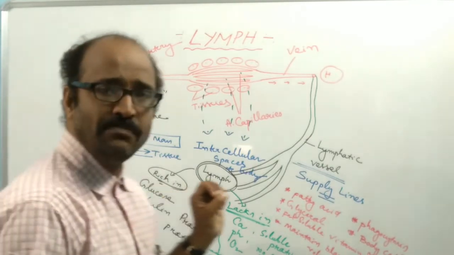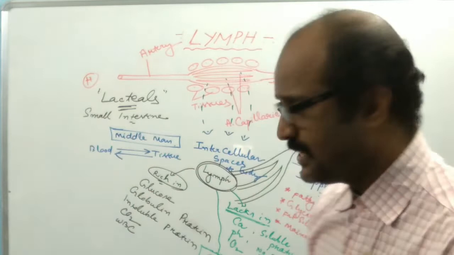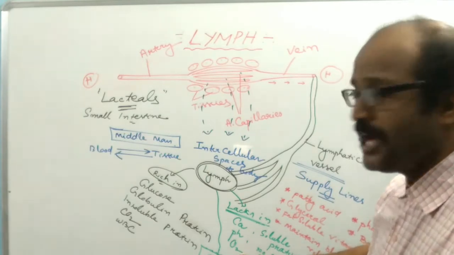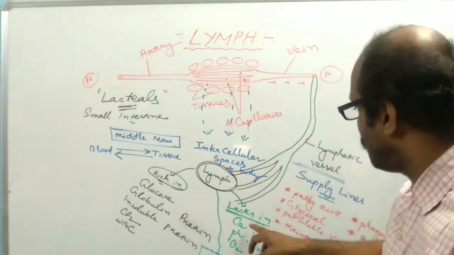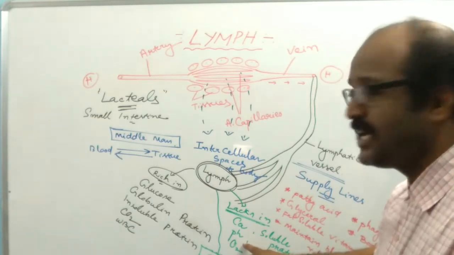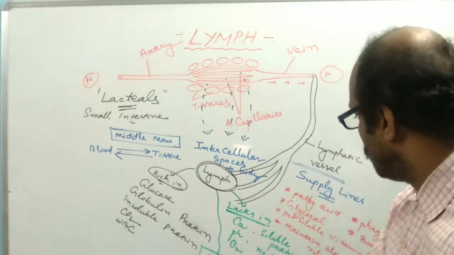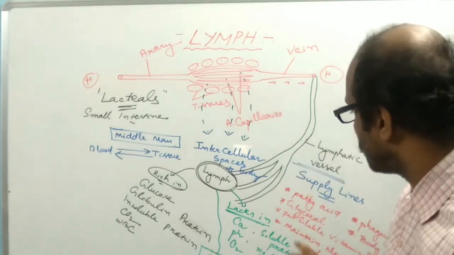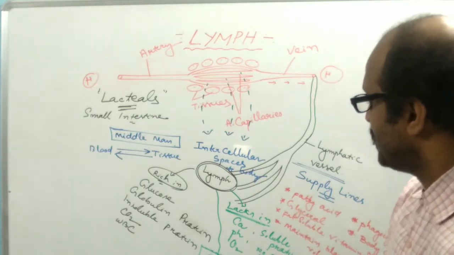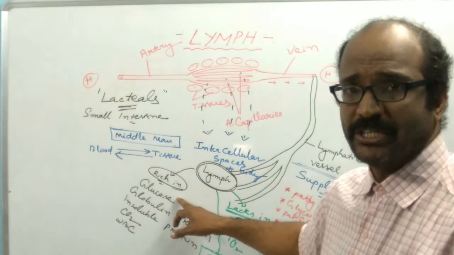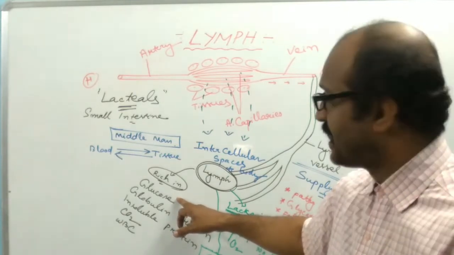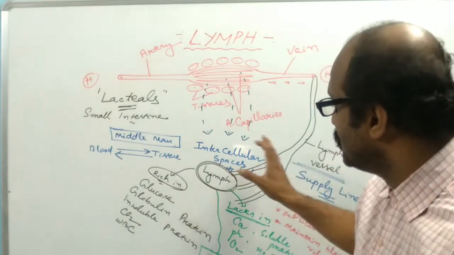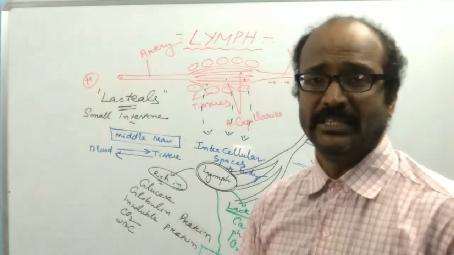First, lymph is colorless because there is no RBC. In blood, the calcium, phosphorus and oxygen content is more, but in lymph the amount is very less. Blood contains more soluble protein, but here very little soluble protein is present. And lymph is rich in glucose, but blood contains a very small amount of glucose. So in these points it differs from the blood.